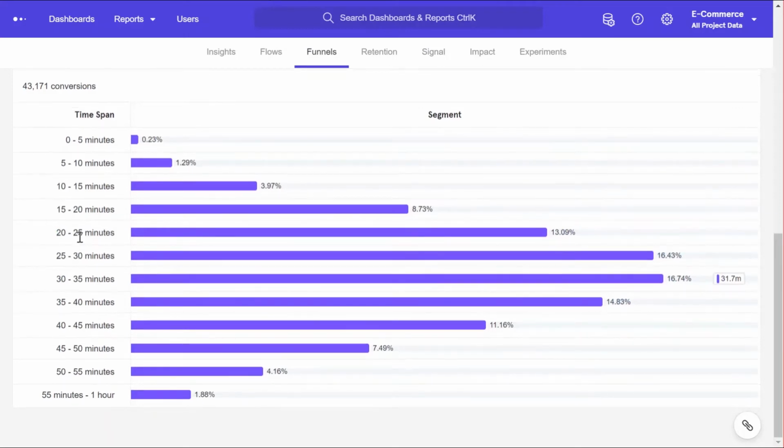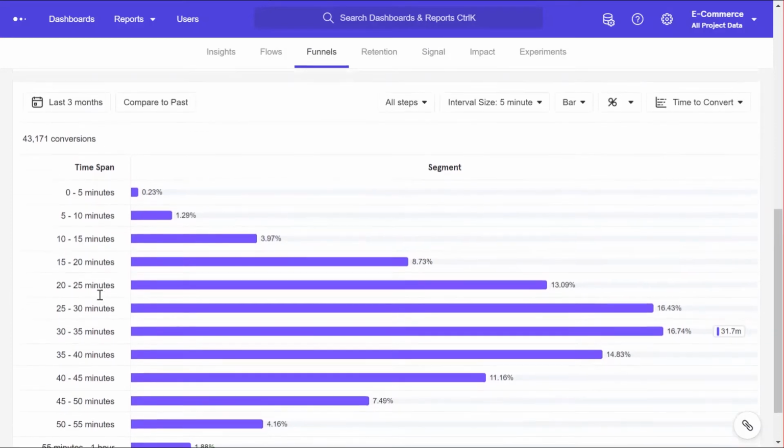For example, if you thought that people should not take more than 15 minutes, if it is, for example, an e-commerce site which sells a single product, and it's not like people will explore a whole lot if they have to purchase, and you see this kind of time taken, it may mean that something is going wrong, that after adding to cart people are taking so long for checking out. Maybe you need to review your checkout process. So for this kind of analysis and understanding, time to convert is a very, very good tool.